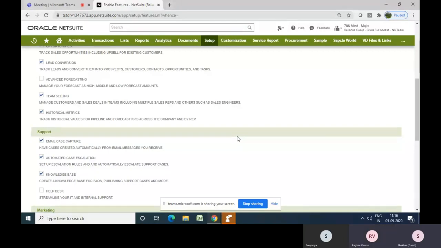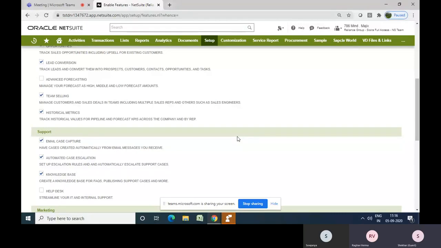But this is the stage. For reporting, a company wants to track how many leads we got. So let's say out of 10,000 leads, maybe we'll be able to convert only 50 into customers, right? And so we'll be able to see how many leads we got, how many came to prospect and then we lost them, and how many we were able to convert to a customer, right? So those kinds of things will be there. We'll be talking about these things as well.